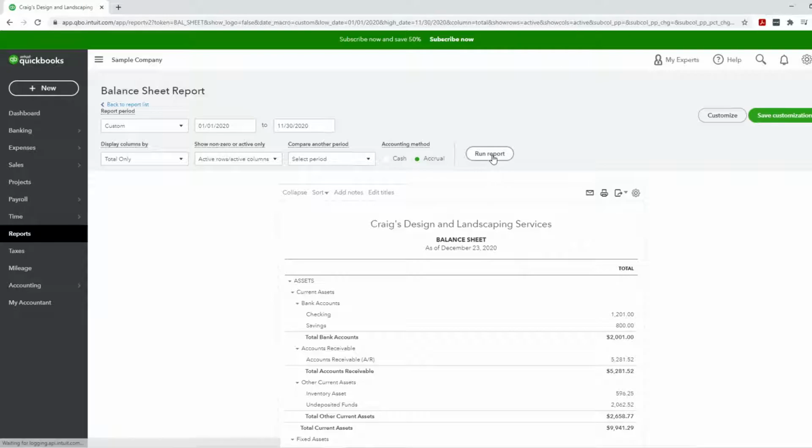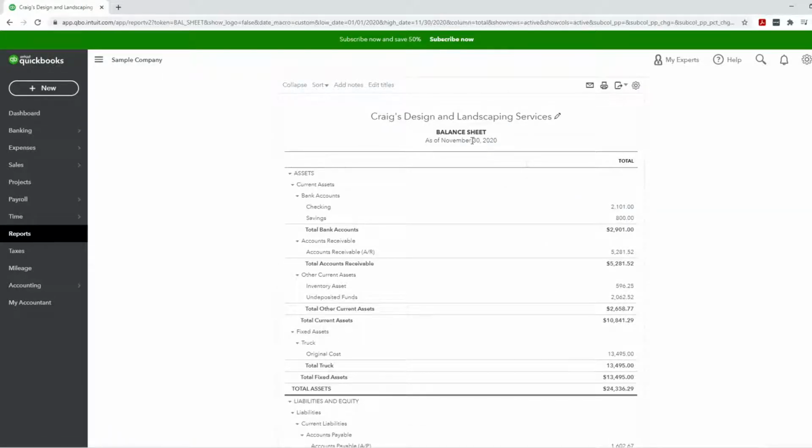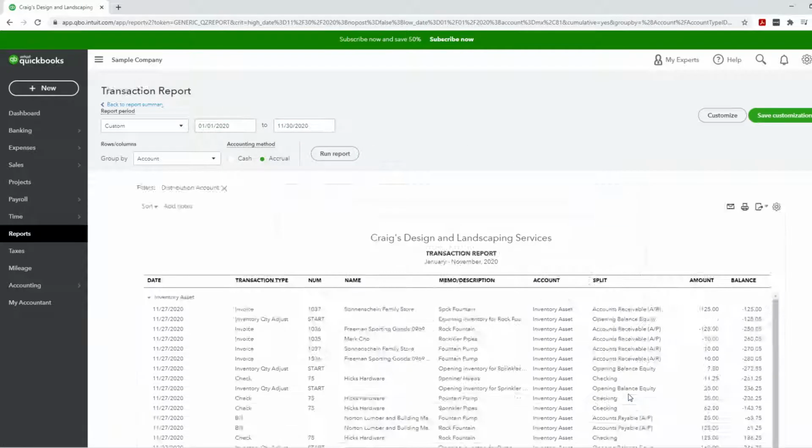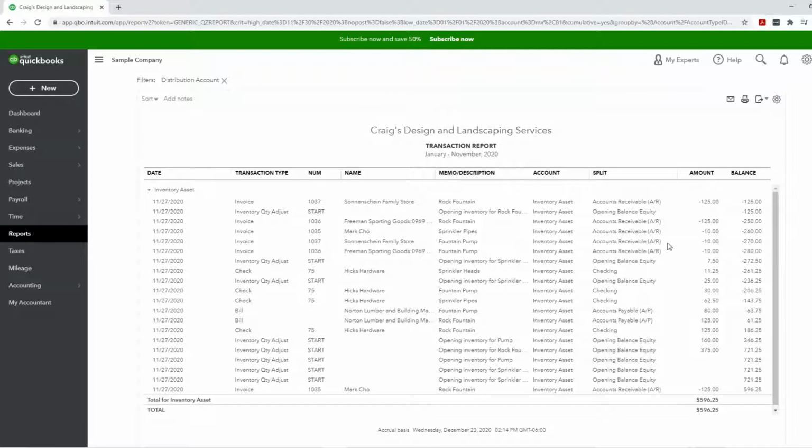So go ahead and run report, and you can see it switched it now to November 30th. That's what these balances represent. If you were to go look on November 30th at these balances, what would they be? So the reason that we've got this date range up here is simply so that if we were to click on one of these balances, it would show within this date range. So for example, if we look at inventory asset and we click on that, we can see all of the transactions that make up that ultimate